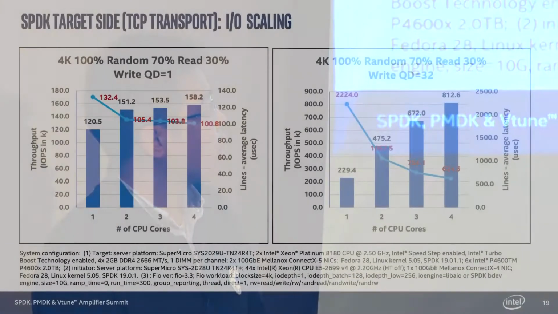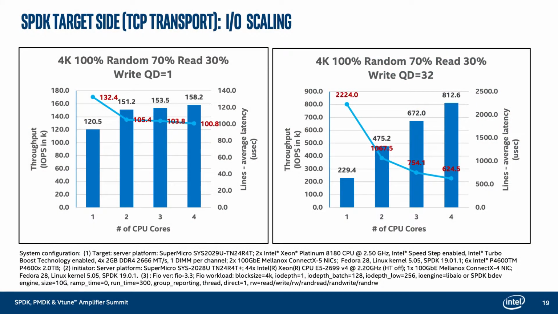From the second diagram, you can see that if we configure different CPU cores for the NVMe-oF target from 1 to 4, we can see the performance number can nearly linear increase from core 1 to 3 cores, but there are slight decrease